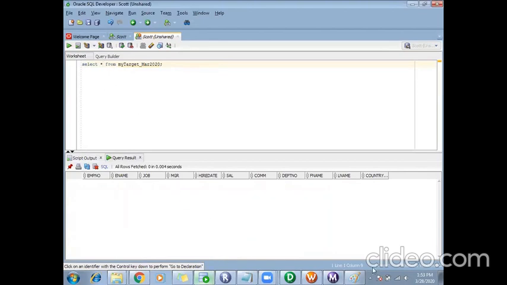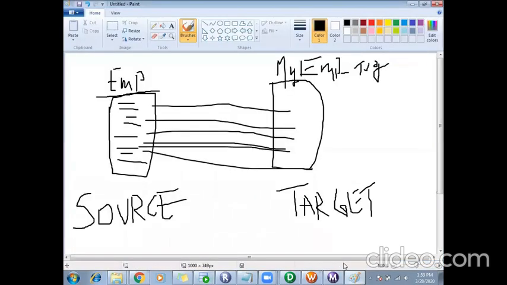So the requirement says you have to extract the data from the EMP table and load it to this table. We have these two tables now in my Oracle database. In order to extract the data from these tables and load it to another table, the first thing I have to do is create the same source structure and target structure in Informatica.